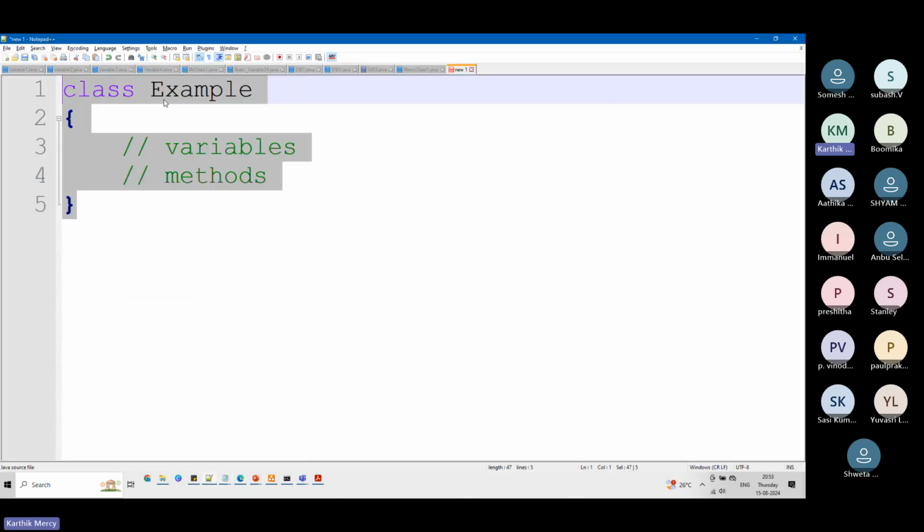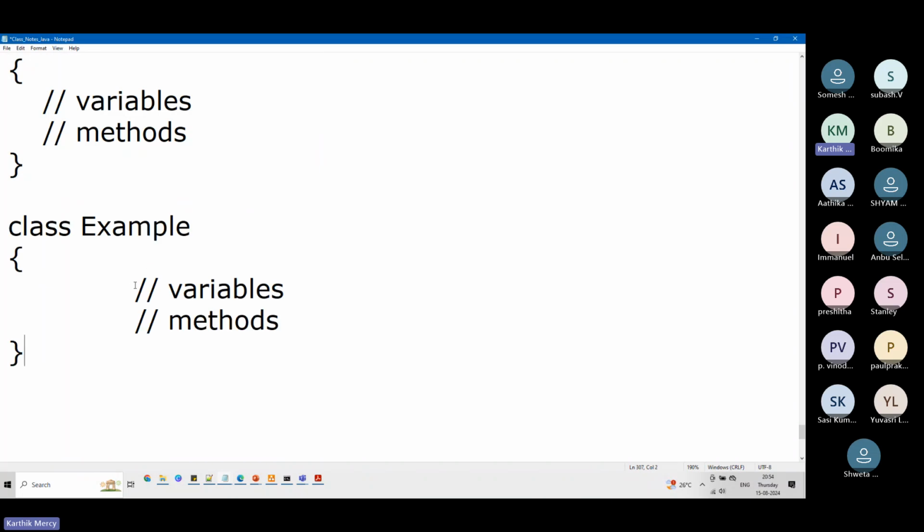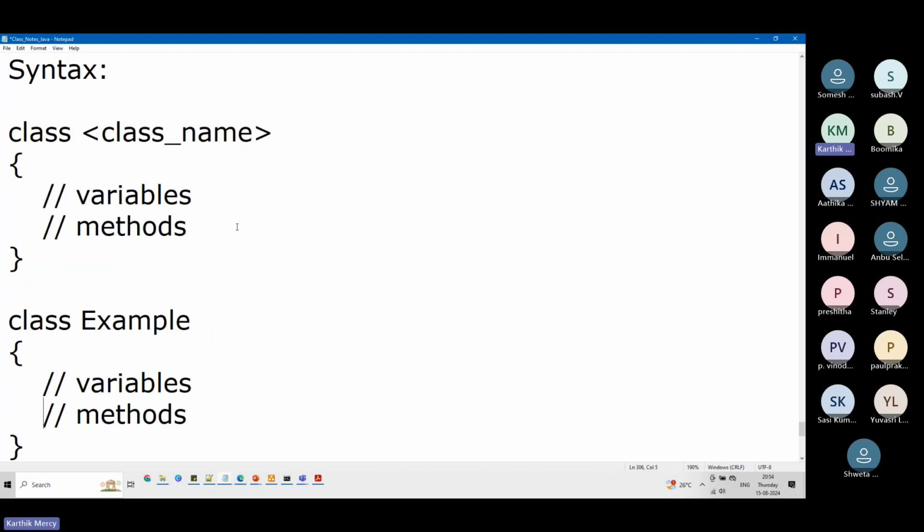I will copy my example and put the example over here. This is the syntax which I'll be sharing with you. This is very clear. We have been speaking about the same thing since quite some time. Let's just proceed further.